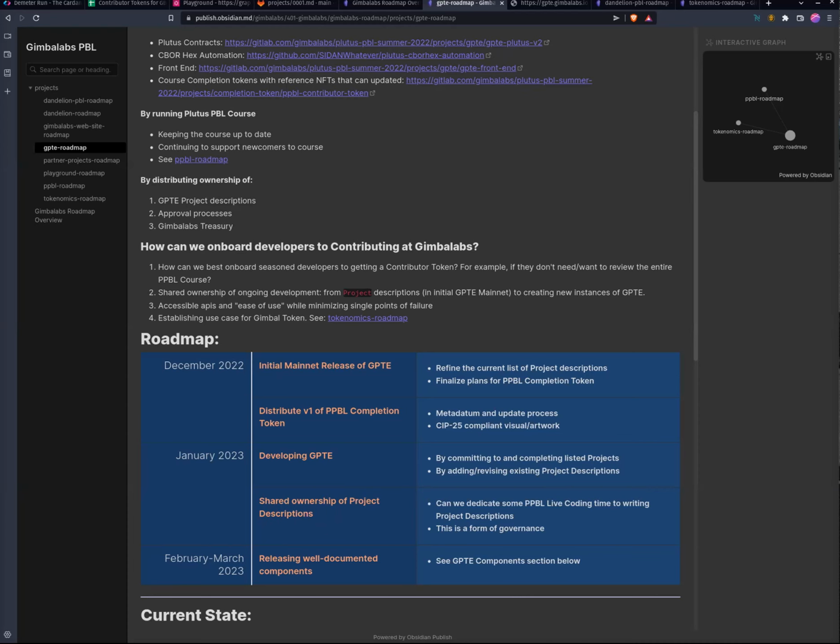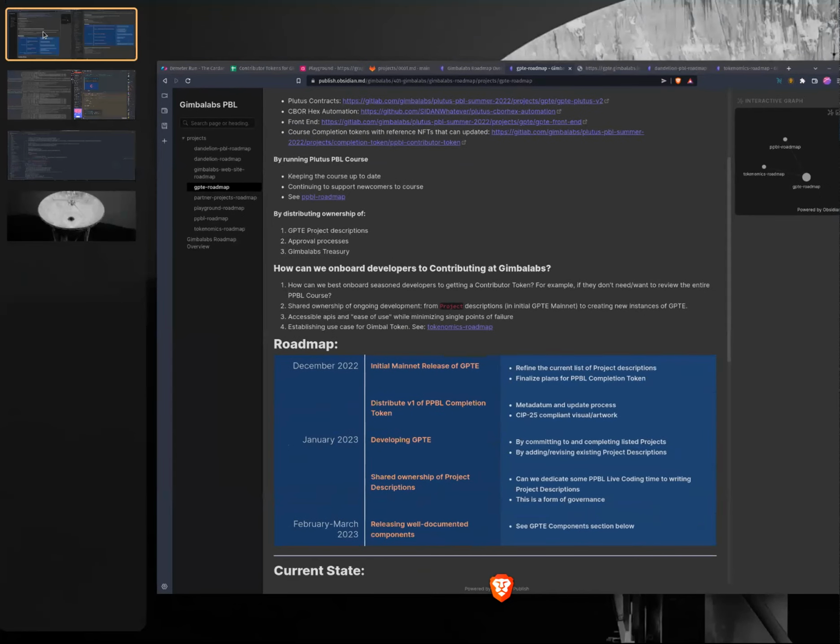I want to walk people through on video the process of testing, just running the transactions for GPTE Plutus v2 on Cardano CLI, which includes the reference scripts and the inline datum, and then configuring it in the front end. But maybe the one thing I can just show you for now. Let's take a quick look at